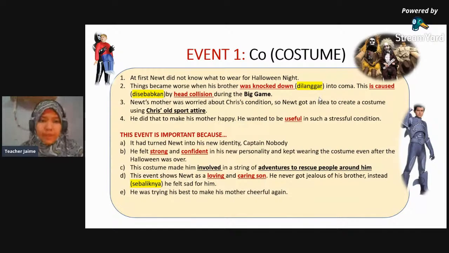This event is important because, number 1, it turned Newt into his new identity, Captain Nobody. Without this event, Newt tak jadi Captain Nobody. Number 2, he felt strong and confident in his new personality and kept wearing the costume even after the Halloween was over. If you read the novel,